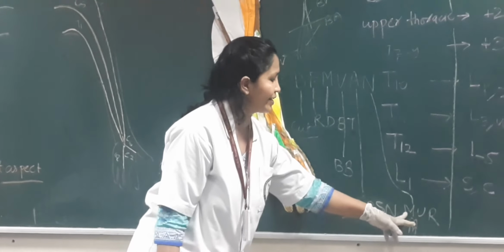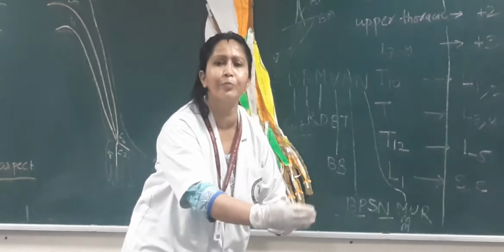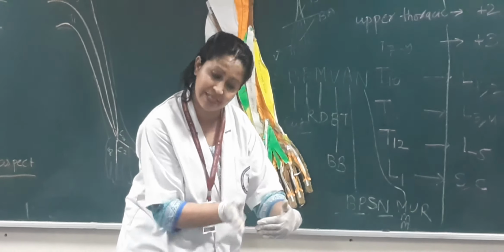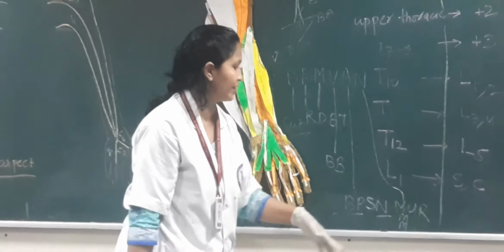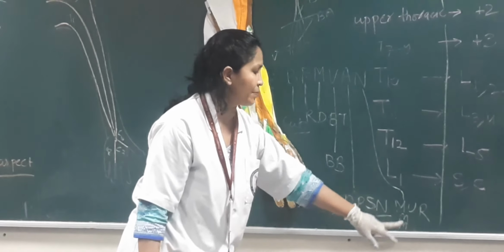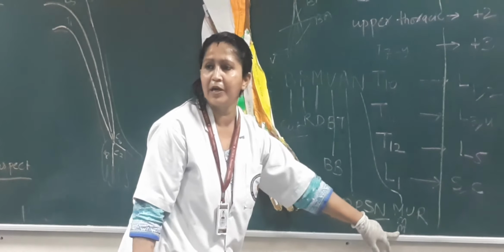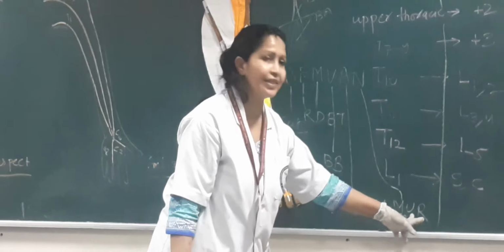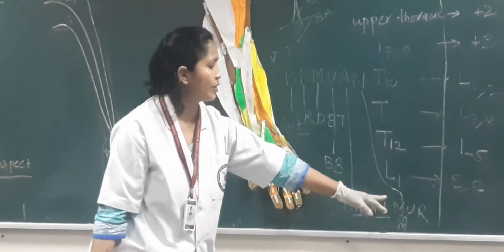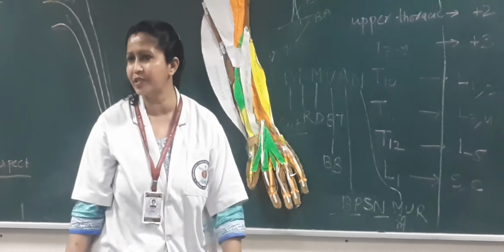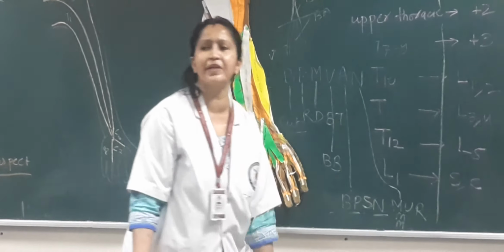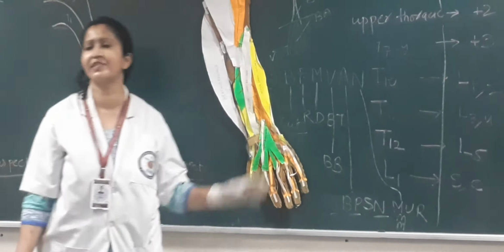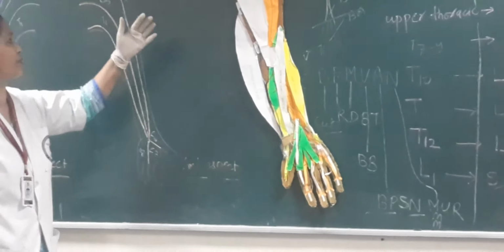So the median nerve comes from the lateral to the medial aspect of the brachial artery. पहले brachial artery के lateral था, इसी level पे वो medial चला गया. The medial cutaneous nerve of arm and medial cutaneous nerve of forearm pierce the deep fascia. The ulnar nerve pierces the medial intermuscular septum, and the radial nerve pierces the lateral intermuscular septum. All these events are happening at this level only, at the insertion of coracobrachialis.